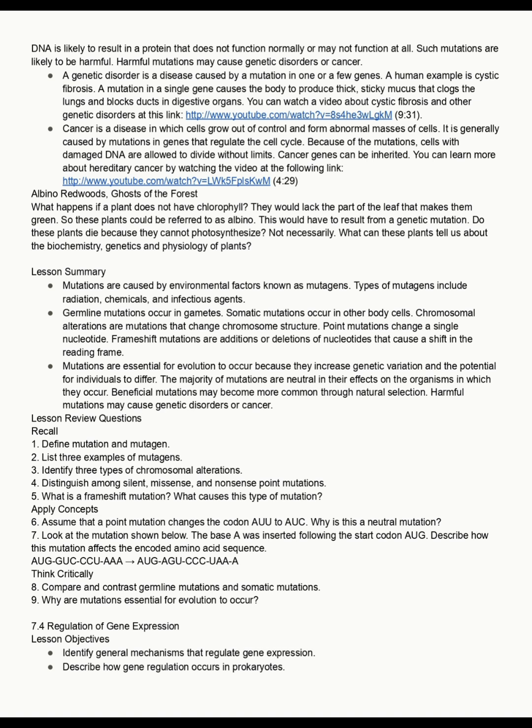Cancer is a disease in which cells grow out of control and form abnormal masses of cells. It is generally caused by mutations in genes that regulate the cell cycle. Because of the mutations, cells with damaged DNA are allowed to divide without limits. Cancer genes can be inherited. You can learn more about hereditary cancer by watching the video at the following link,